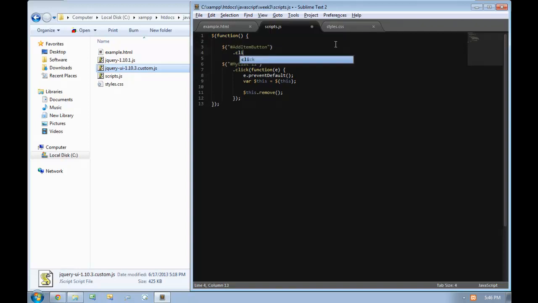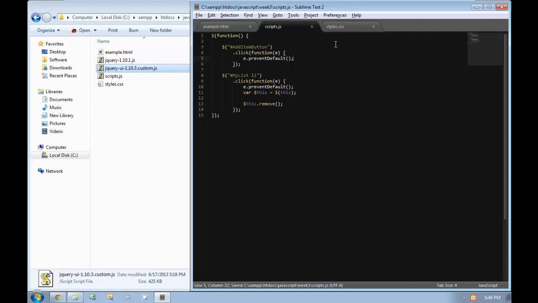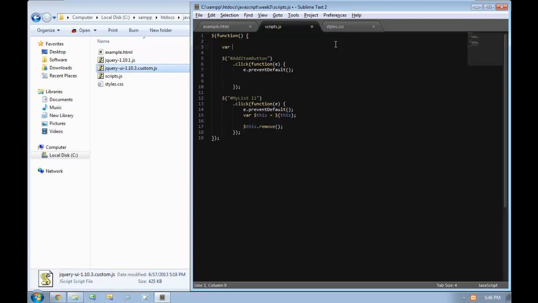So to do that, I'm going to say add item button, click function e.preventDefault to prevent the browser from navigating to that URL fragment that I specified. Then I'm going to create a new li element and attach it to my list. Well, there's a very easy way to do that within jQuery. So in order to differentiate each one of the items, I'm going to create a local variable up at the top of my function, and I'm going to say var counter equals 0. And then I'm going to say money li text